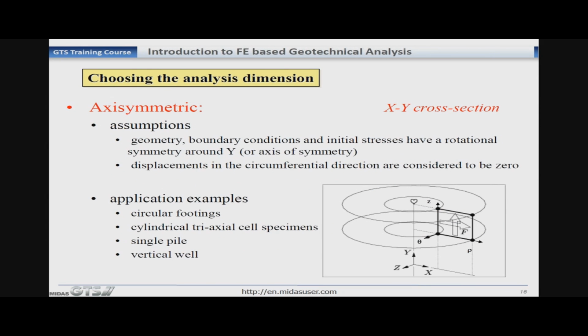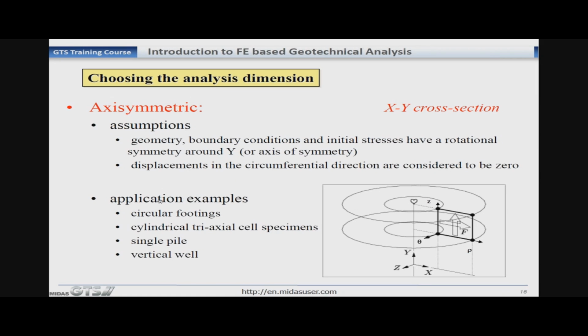Talking about the axisymmetric type of elements, here are the assumptions for this type of element for finite element analysis. The geometry, boundary conditions and initial stresses have a rotational symmetry around the axis of symmetry, which can be y, as you can see here.